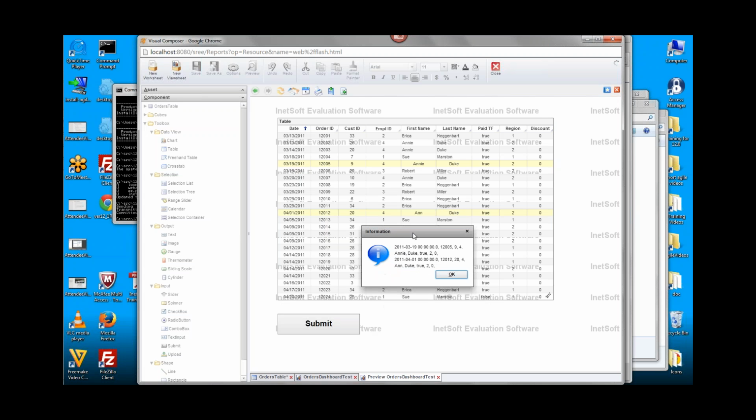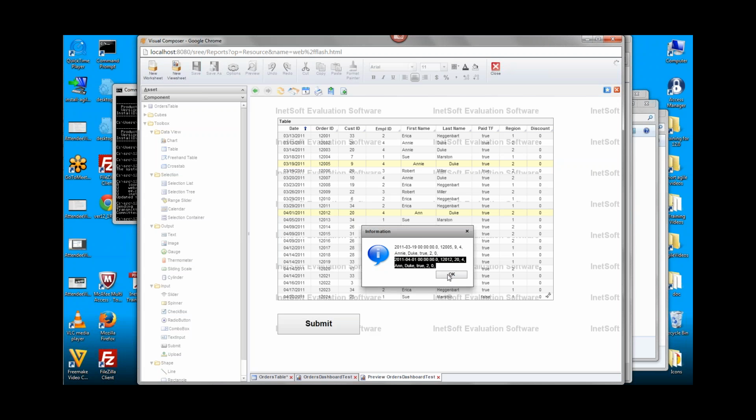This is what you get when you use that alert function, and you can see that it has the 2 rows, right? So this one is the first row that was changed. I changed that 8 to a 9, right? So this row, it's returning that row in the array, and then the other row I changed was this one over here. I changed Annie to Anne, right? So there's that row. So that's part 2 of this process, basically using those special functions to get arrays that represent the changed rows, the added rows, and the deleted rows.